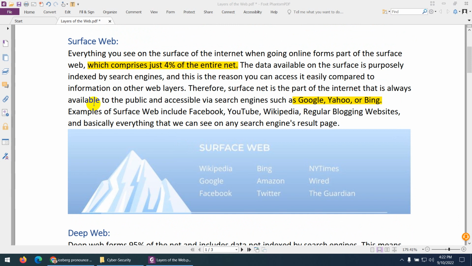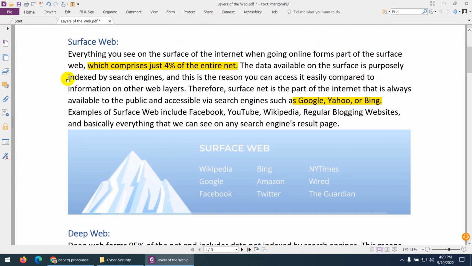If you Google it, you will get more idea how these things are indexed by search engines. Basically a search engine has a spider, I can say, and whenever you type something, using the header information and many other things, they will search the internet and provide you all that information, because that information is available for anybody, and is indexed by Google, Yahoo, or Bing, or any other search engine. So that's why it's so easy to search and find the information.